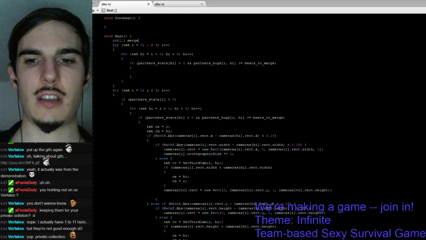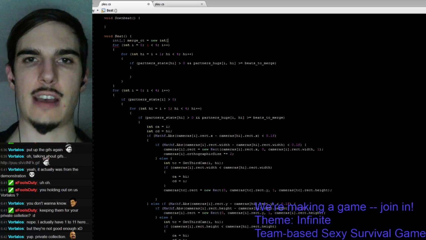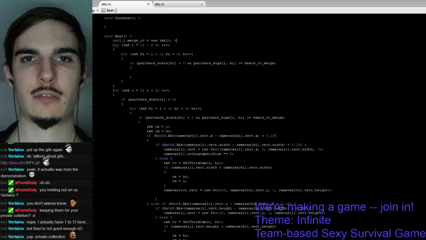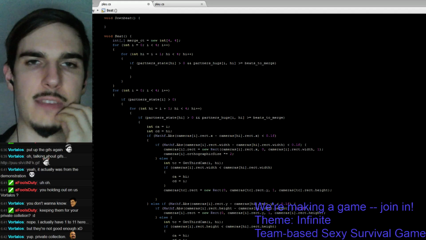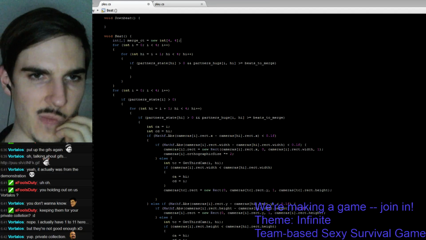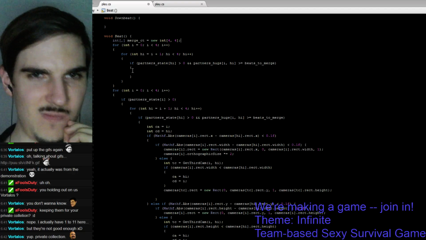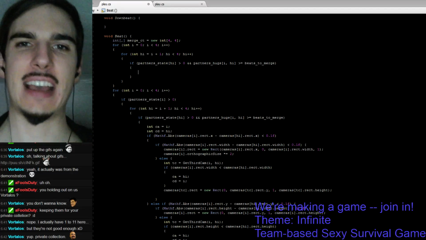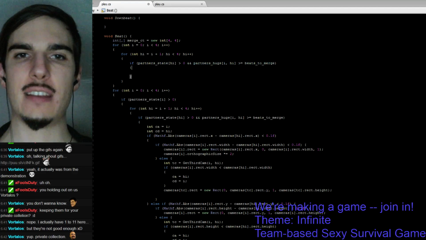Merge count equals new int 4x4. And then all right, so if partner state high is greater than, so if we meet all the criteria to merge, then let's increment